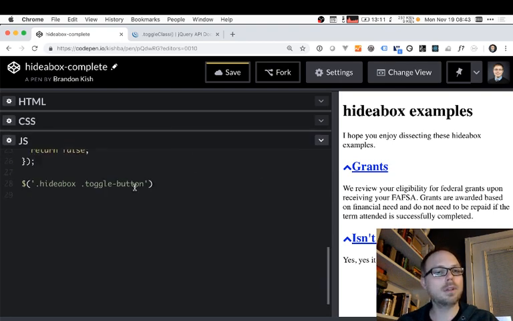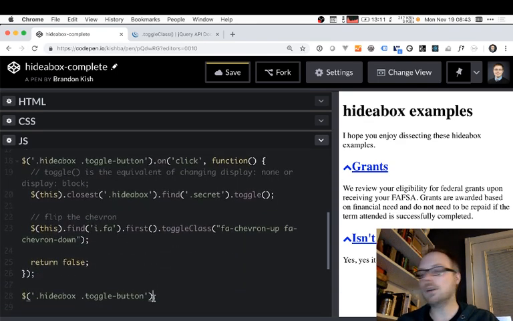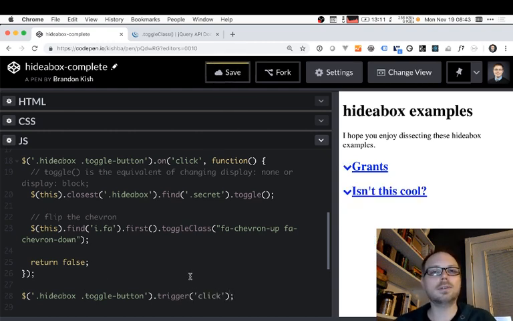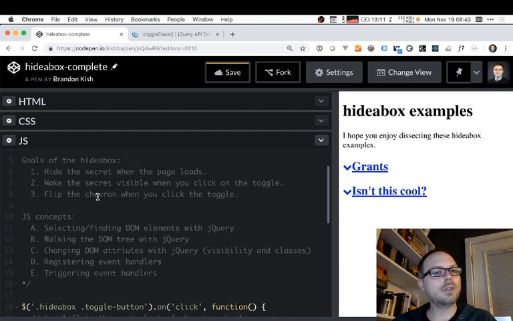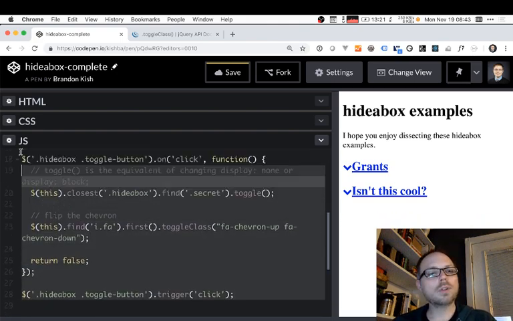Let me make this bigger. We actually wrote it up here on line 18. We're going to select all the toggle buttons, and we decided, you know what, let's just pretend that someone went through and clicked them all at once. So you'll see that the page already refreshed, and when this page loads, it went through and it pretended to click on each one of these hide boxes from the beginning. So that answers the goal of hiding the secret when the page loads, making the secret visible when you click on the toggle, and flipping the chevron when you click the toggle. This all works great in CodePen,